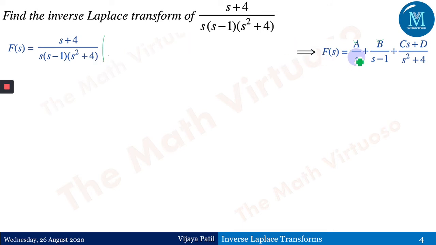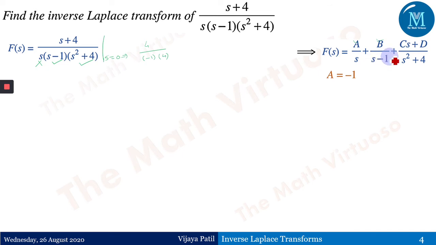We'll say that this is for s. So what is this? s is equal to 0. If I put s equal to 0 in the numerator and denominator, I'm going to get 4 upon. Now I will put s equal to 0 not in the first factor, that is s. That is why I'm calling this the hiding method. I'll put it here also. So if I put s equal to 0, it's minus 1 into 4. That will give me a equal to minus 1, right? And if I want to calculate the value of b, that is for s minus 1.